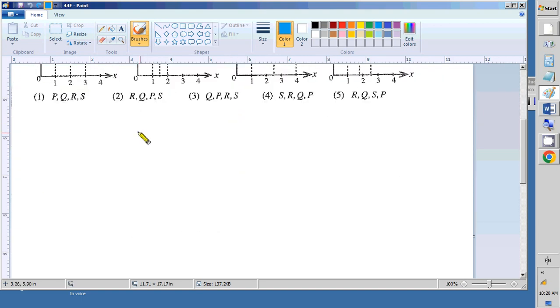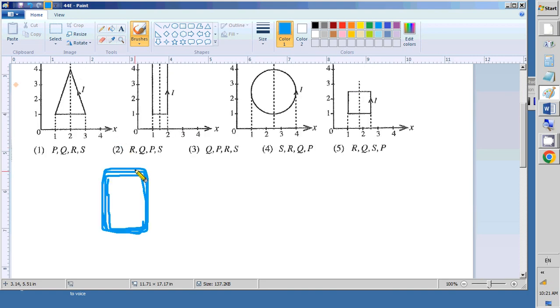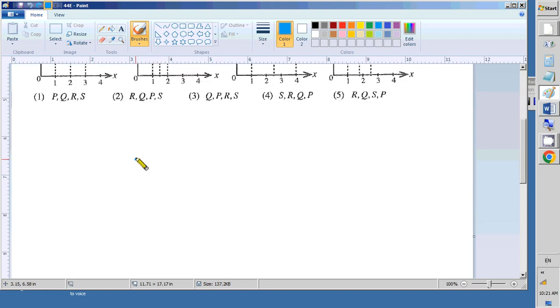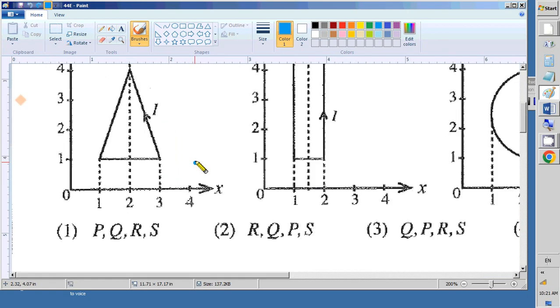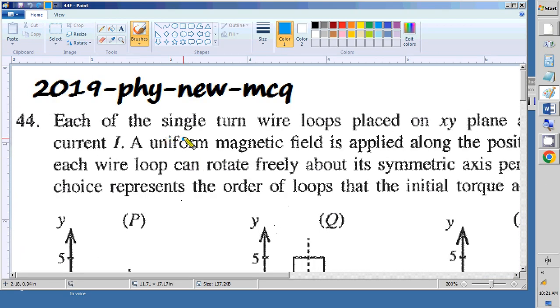That means we can make a loop by winding a coil. Coil means a certain wire, copper wire, insulated, having an insulated coating, so that is called a coil. Like this we can wind and make a frame like that. But in this question they say that the frame has only one turn like this. So that is the meaning of single turn wire